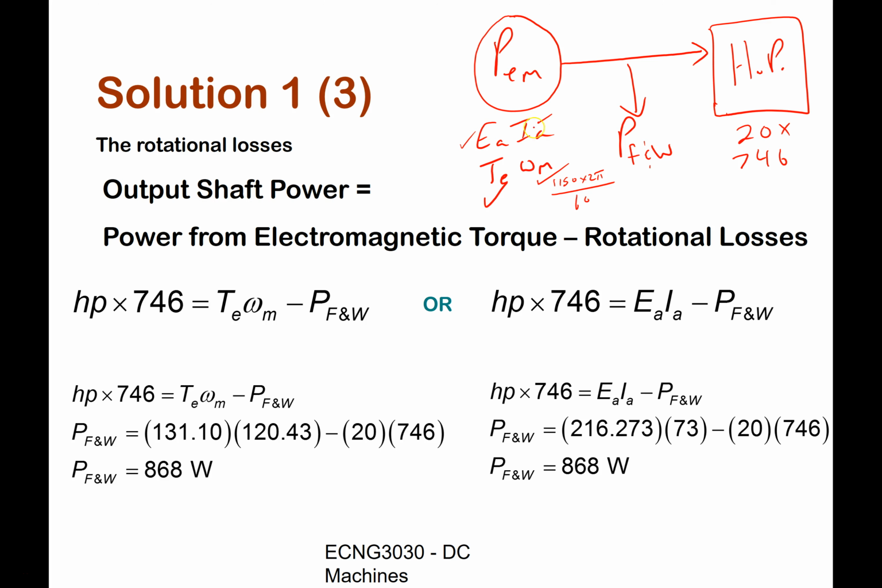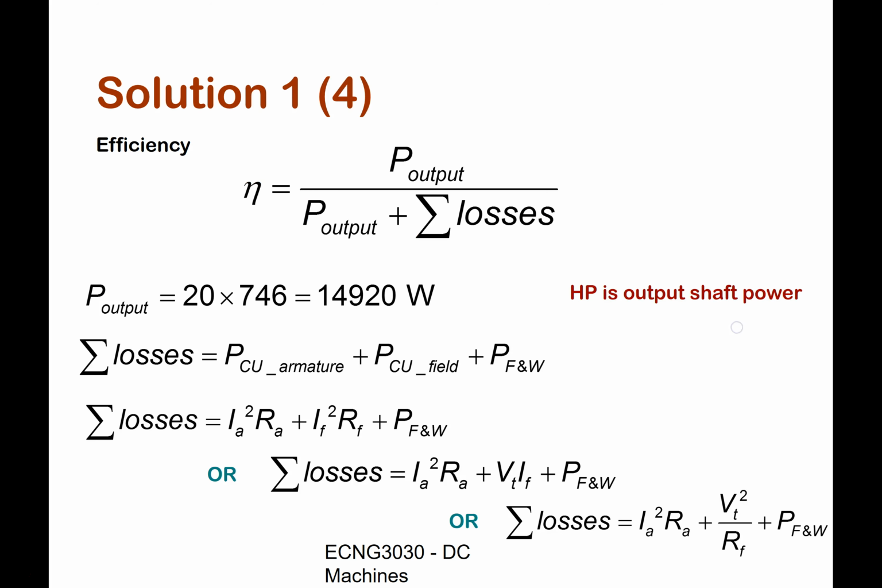So I could work out EA, IA, or TE omega M to get the electromagnetic power, and then I simply subtract the output power from the electromagnetic power, and I will get the friction and windage power here. So let's see what we have. The output power, which is the horsepower times 746, is equal to the electromagnetic power minus the friction and windage. So the friction and windage is simply